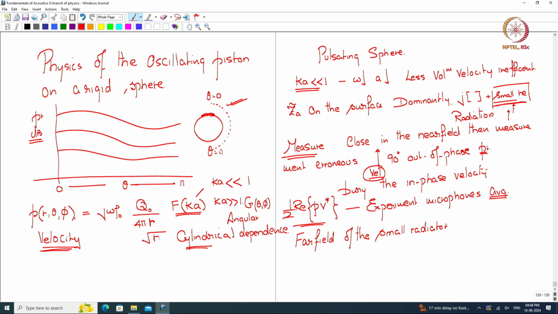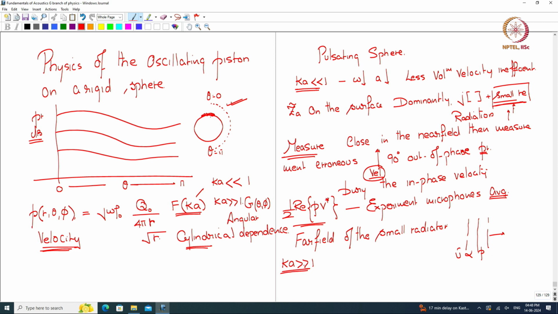Okay. And then you will have plane wave behavior coming in. Then the particle velocity will be in phase with pressure, and you can measure and average and the results will be accurate. Okay. Similarly, when Ka is large,